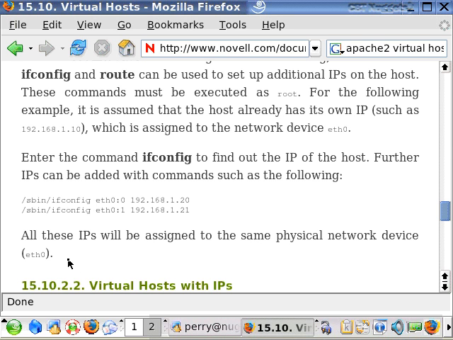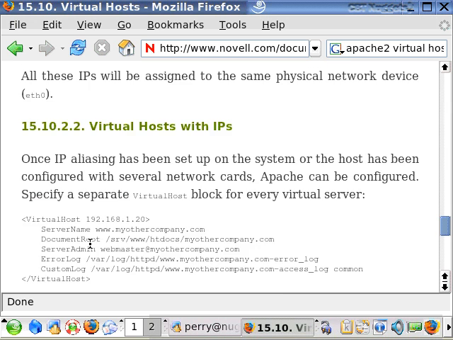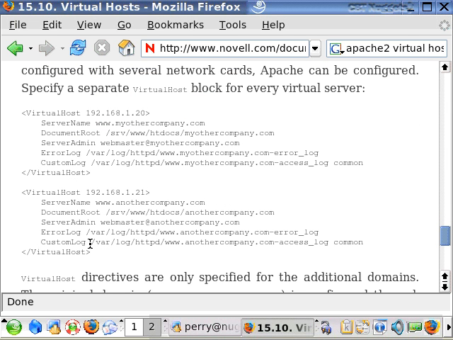Okay, and so then what you can do is in the httpd.conf file, you can specify virtual hosts based on those IP addresses. Okay, so now notice that there is no 192.168.1.10 specified here. 192.168.1.10 is the actual IP address of the machine, and if you're running a web server on that IP address,